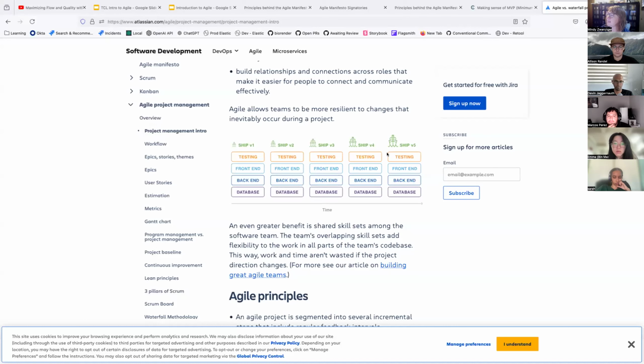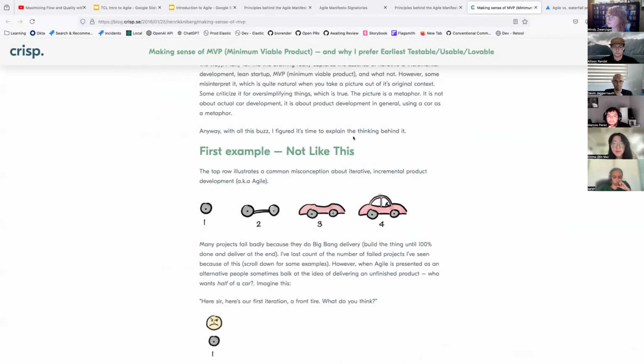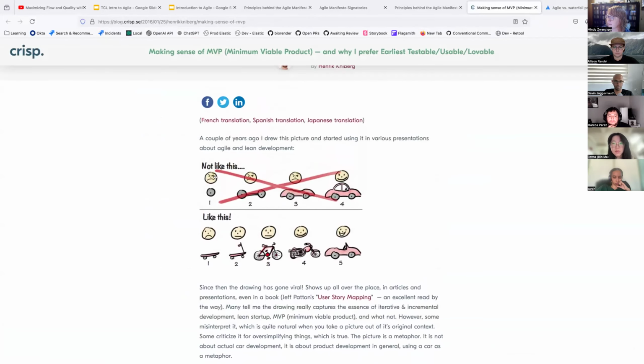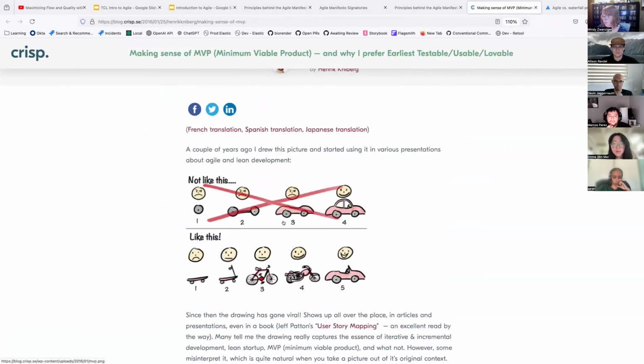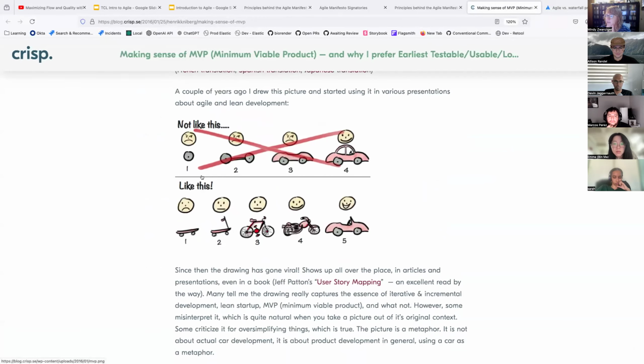One explanation that I love about this is they talk about this image right here a lot in agile spheres. So like I said with the car, right? Back in the day, you give a CD. It's like building a car. You build all of the things slowly until you have the car, and then you deploy it and you give